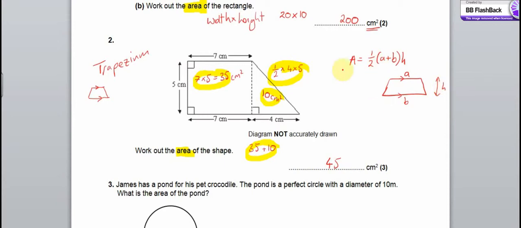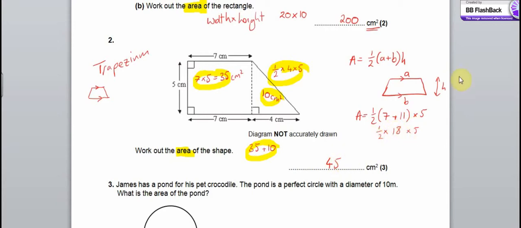So let's see if we get the same answer for this. So for our trapezium, a and b, the parallel sides, are 7, and the bottom here, which is 7 plus 4, which is 11. So we need to do a half of 7, which is the top, plus 11, which is the bottom, and we multiply it by the height, which is 5. So 7 and 11 is 18, so we've got a half of 18 times 5. Now a half of 18 is 9, and 9 times 5 is 45, so you can see you get the